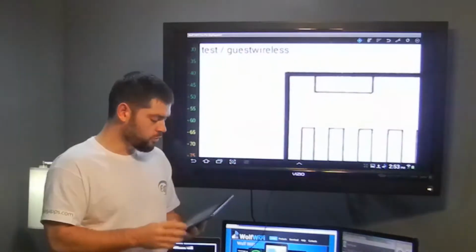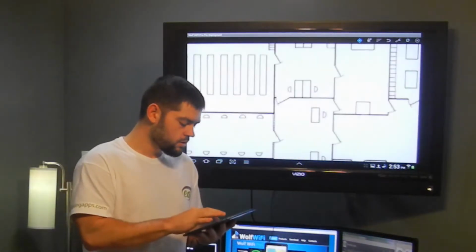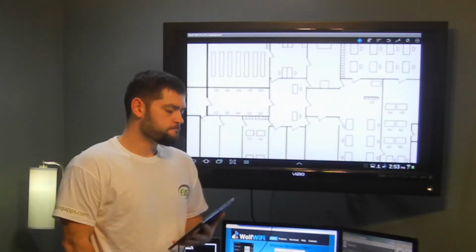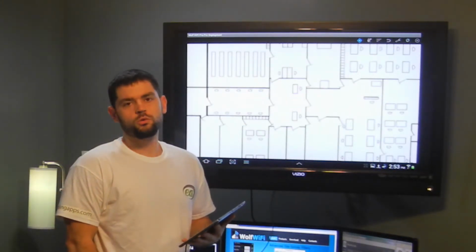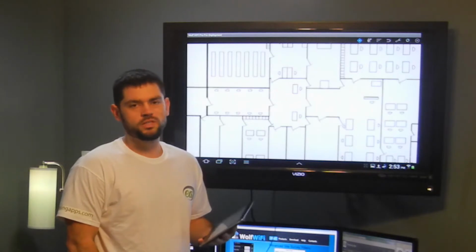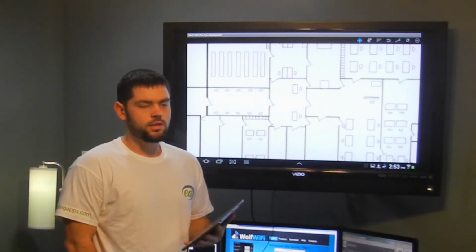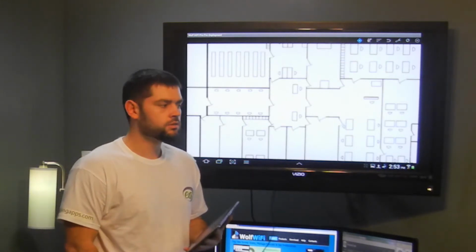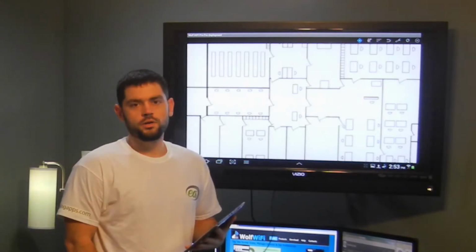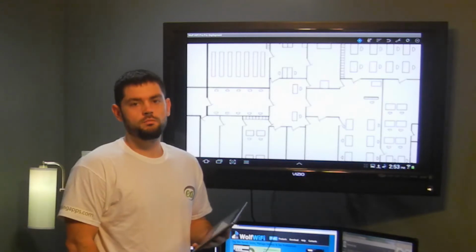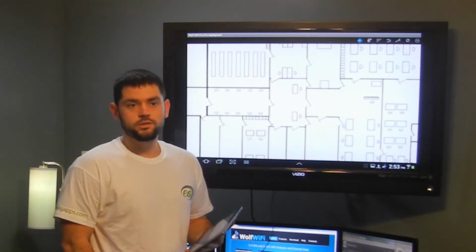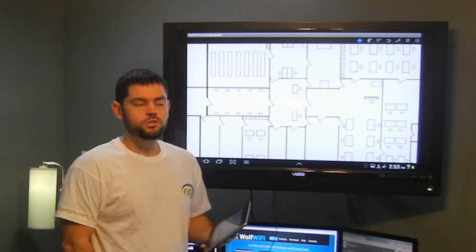I'm just going to pick a simple floor plan here to take a look at. Alright, so the idea behind the pre-deployment tool, depending on what tools you've used in the past, pre-deployment surveys kind of have some different descriptions. So they kind of get blurred together between predictive surveys. I've used some tools where the pre-deployment survey tool is basically nothing more than a predictive survey where you place an icon and you estimate the range, and then based on that, that's what you use to design your network